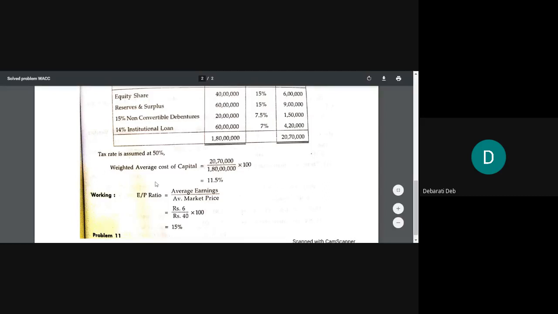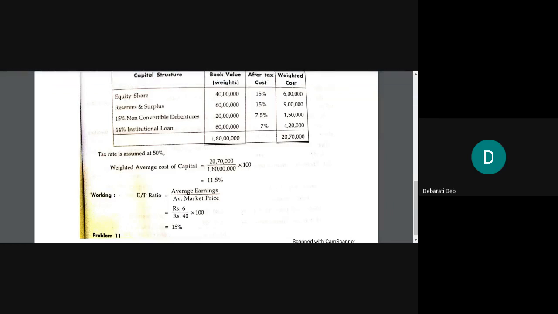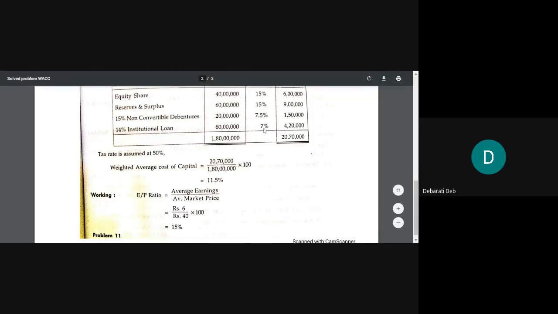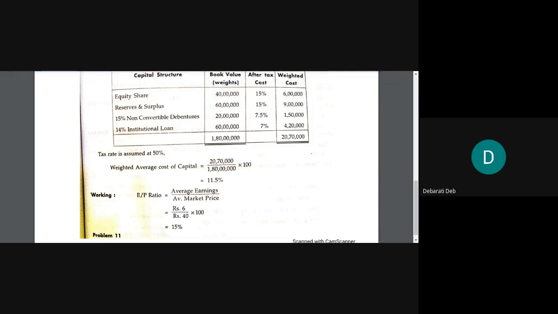Now I will not tell you this one, because now you will use the formula that was previously given, and then you will calculate the cost of debt and fill up the third column's last two values, that is 7.5 and 7, how they are coming. You check your formula that was given previously, and then calculate it. Do it on your own, otherwise you will not understand anything. If you are unable to do it, then tomorrow in the class we will discuss. But I will not tell you how to do it.